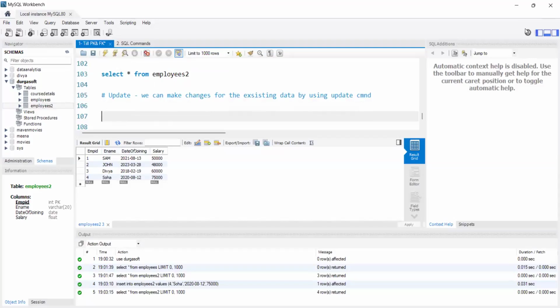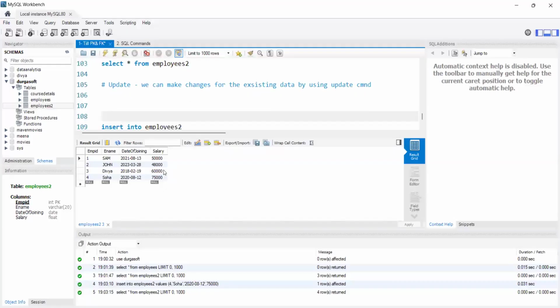For example, in employees2, suppose the salary of John is 48,000, right? Suppose let's insert here 52,000. Okay. How to do that? Here, simply, as I said, we need to use